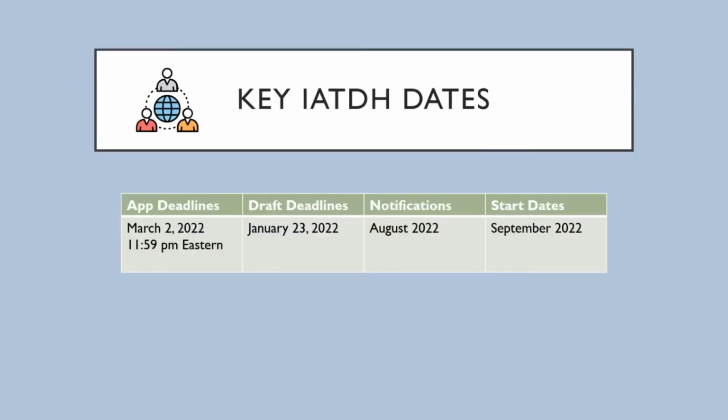So as we wrap up, I want to take another minute to review some important key deadline dates. The next deadline for the Institutes for Advanced Topics in the Digital Humanities program is March 2nd, 2022. And applications must be submitted by 11:59 p.m. Eastern Time through the grants.gov portal. But don't wait. Grants.gov is not managed by the NEH, so we encourage you to start this submission process early. Again, work with your grants office or your office of sponsored projects or programs, because they will be submitting your